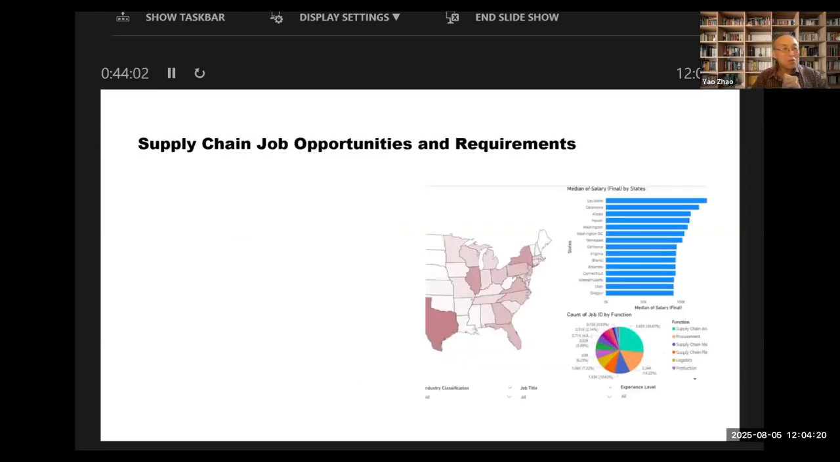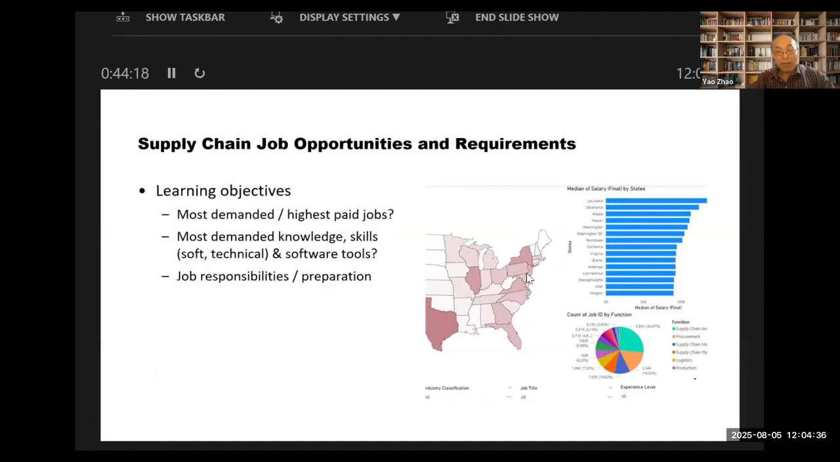So this is the last module I want to talk about, the supply chain job opportunities and requirements. This module is built on the job market study I talk about at the beginning of this workshop. So essentially, we put all the data into a database. We build it by Power BI, the dashboards, so student can play with the filters, play with the data,